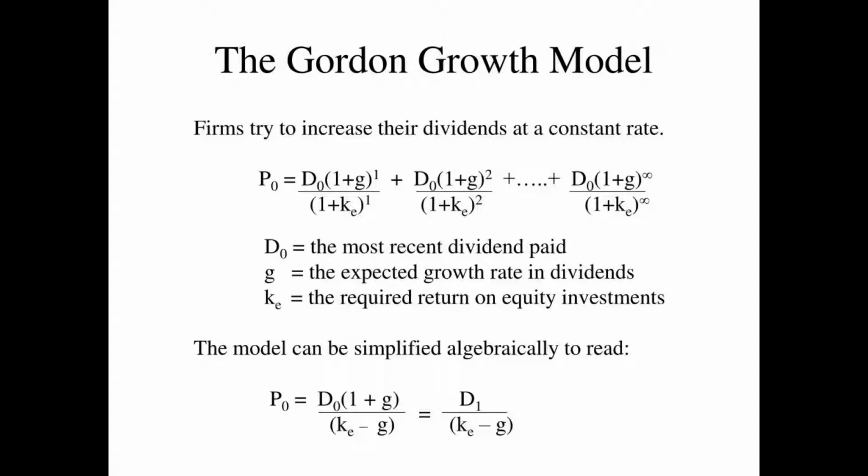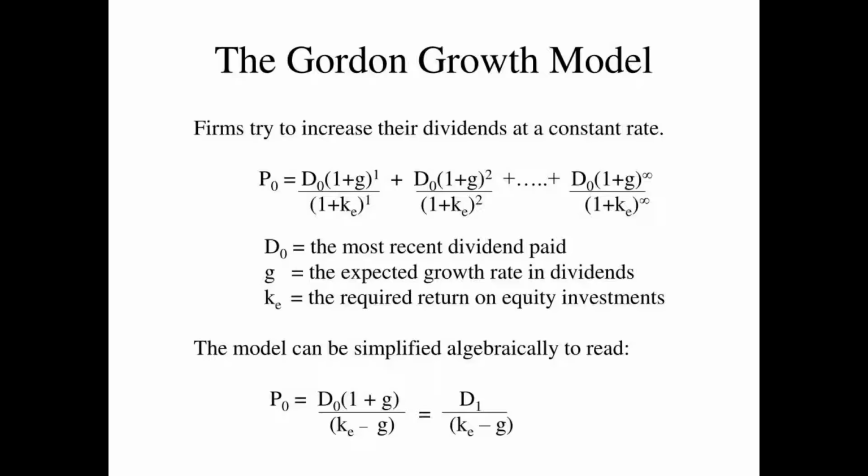The generalized dividend valuation model. The value of stock today is the present value of all future cash flows. P0, the current price of the stock, is equal to D1, the dividend paid at the end of year 1, divided by 1 plus Ke, the required return on investment in equity, plus D2, the dividend paid at the end of year 2, divided by 1 plus Ke, squared,